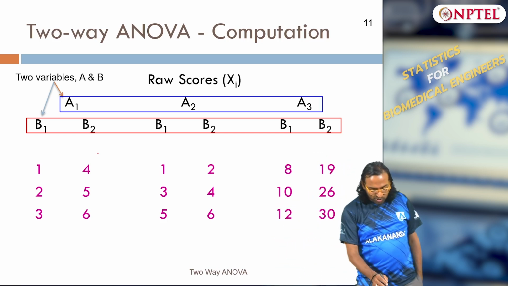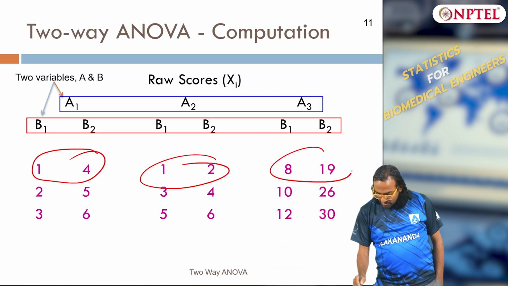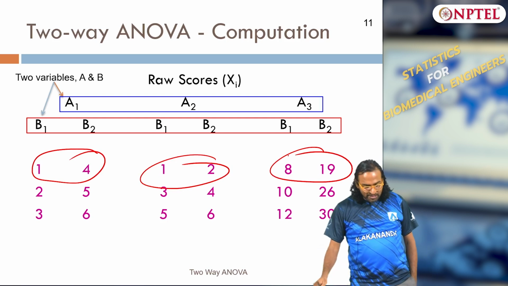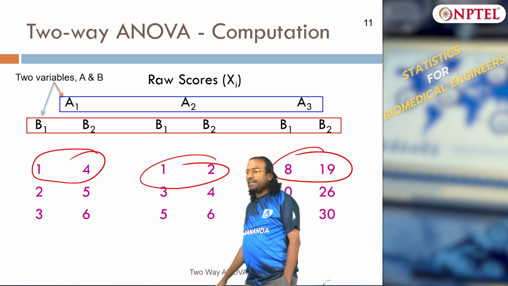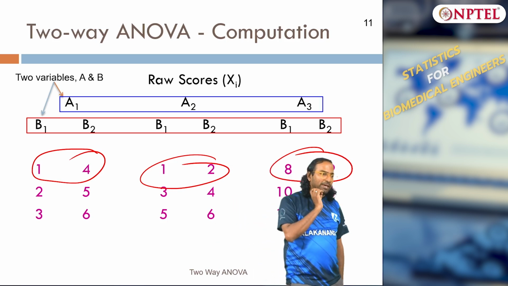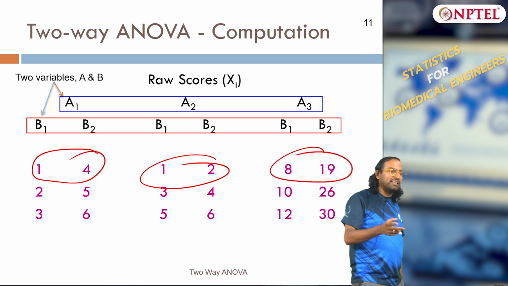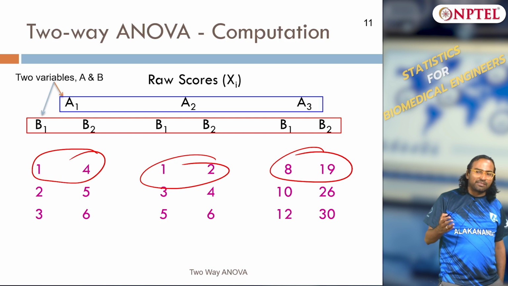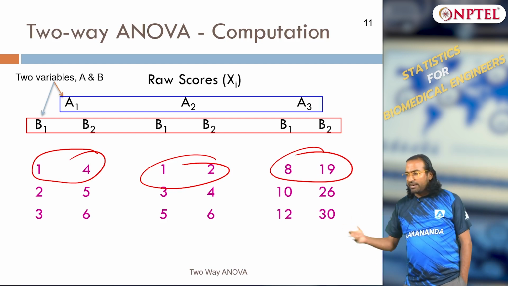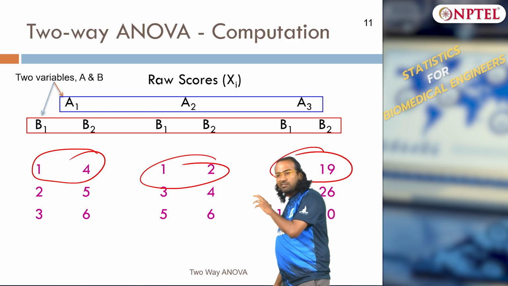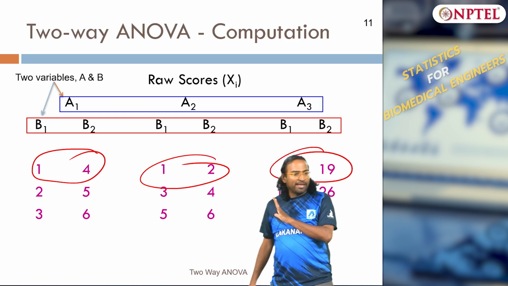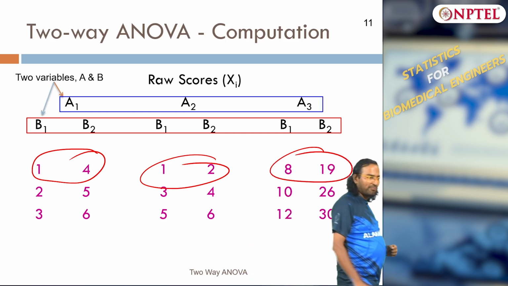So the first row you see is one experiment: A1 at 2 levels of B, A2 at 2 levels of B and A3 at 2 levels of B, and then I have repeated the experiment. Totally there are 3 experiments done, so you have 3 replications. Clear? Make sense about this table, everybody? Okay, right.